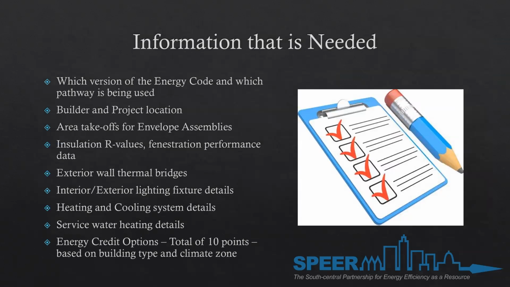As for the information that's needed, this isn't really new to most people. You need to provide, and 2021 now added this to their checklist as well, information needed for construction docs, and we'll talk about that in a second. We're looking at what version of the energy code you are using and what pathway is actually being used. But as we'll see in a minute, when I go on the live version, logged into my account and go through ComCheck, you can't really specify what path, because ComCheck only really does 2 paths. Then there's builder and project location, the area takeoff, envelope assemblies, the insulation R values,